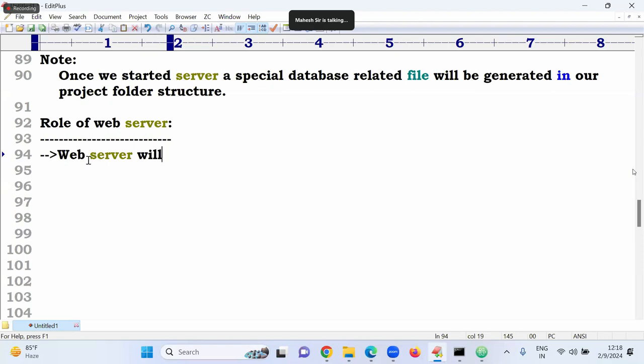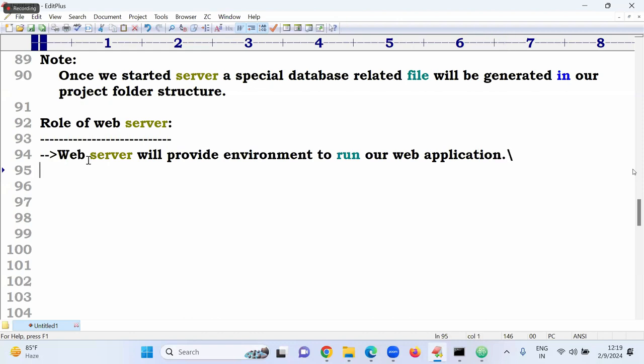Web server will provide the environment to run our web application. Web server is responsible to send the response to the end user, based on the URL pattern, project, application, and view. First of all, web server is